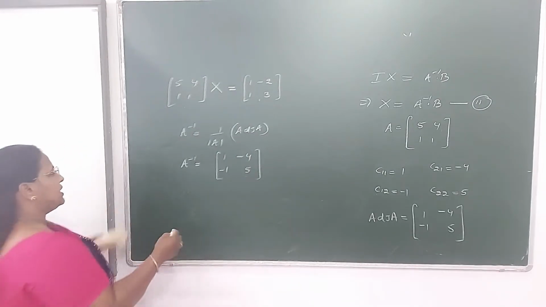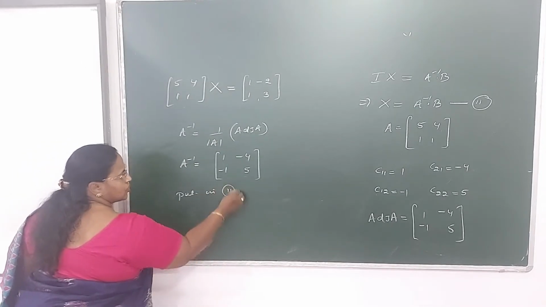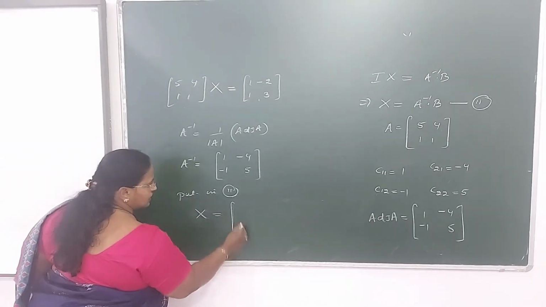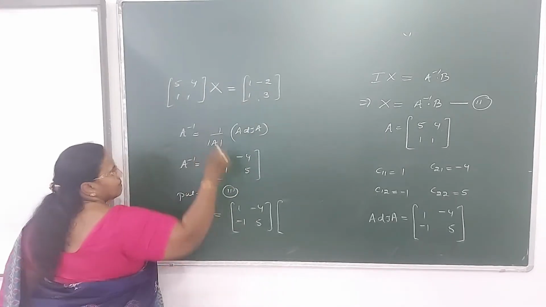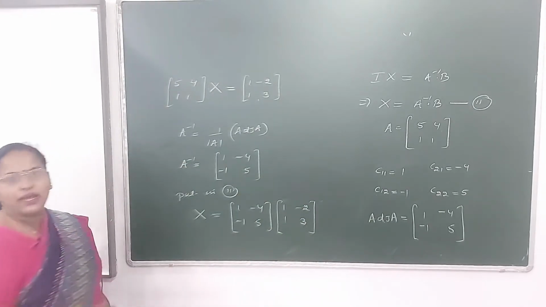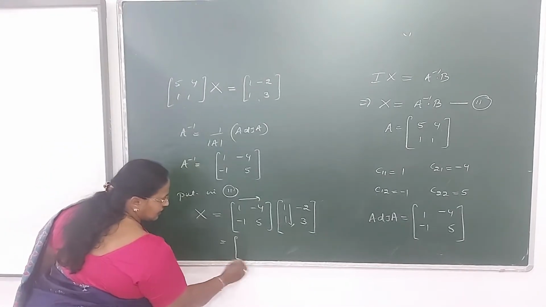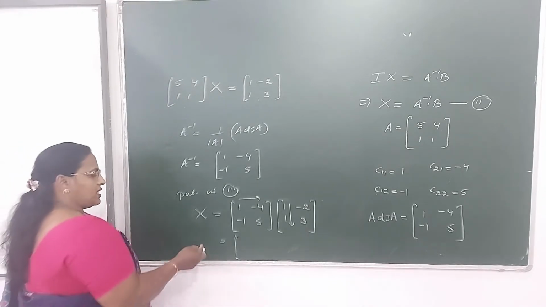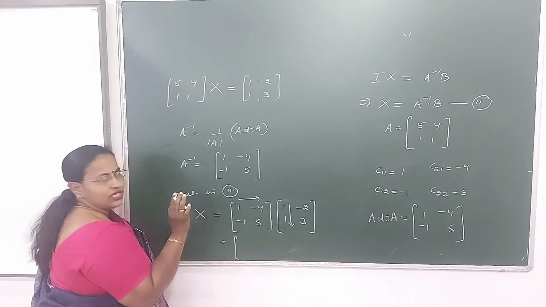Okay. Now take this value of A inverse and put it in equation 2. So finally we'll get the matrix X as X is equal to A inverse. So it's 1, minus 1, minus 4, 5 into B matrix, which is this matrix, 1, minus 2, 1, 3. Now multiply the two matrices and get the answer for X. Now you know it. You can do it in a very fast manner. So practice the question, practice multiplication, finding out cofactor. This all requires a lot of practice.